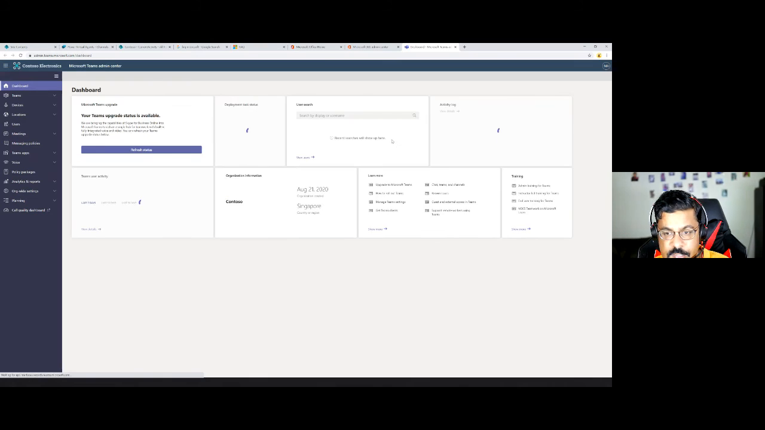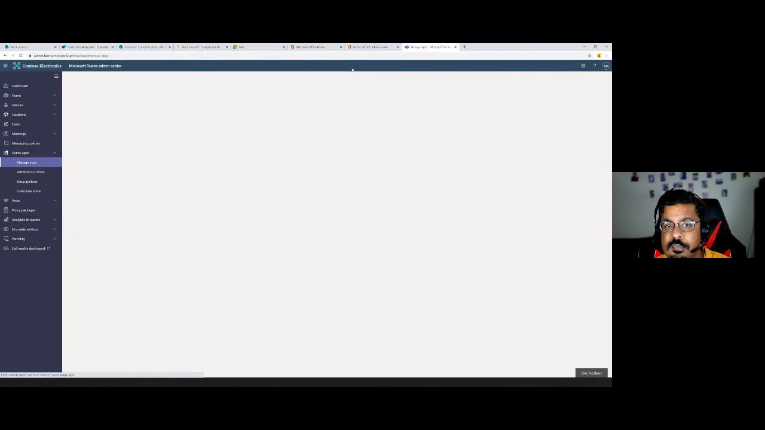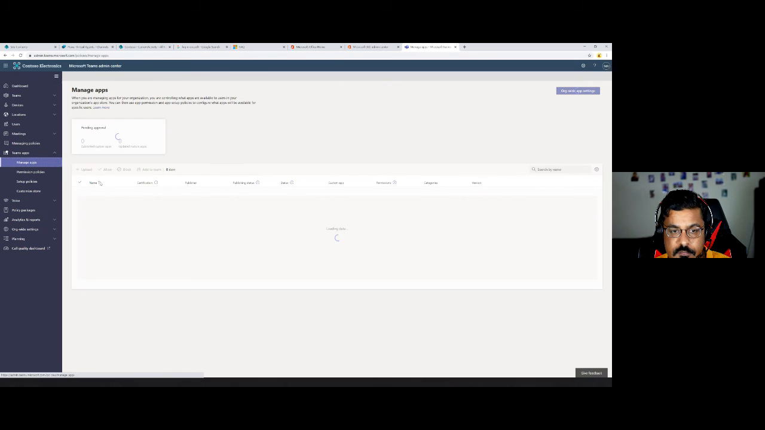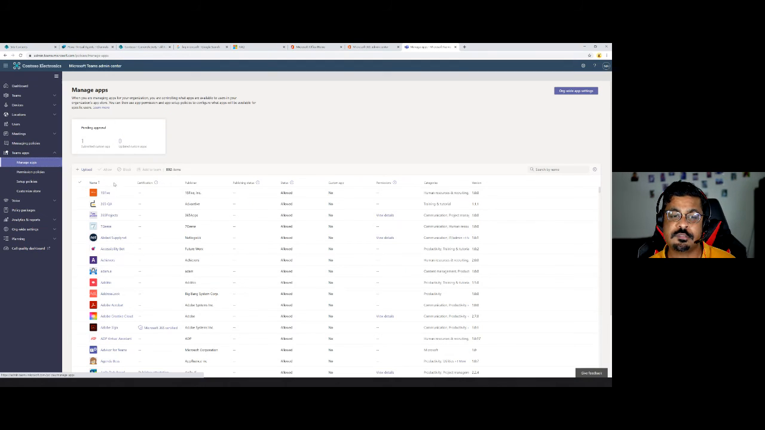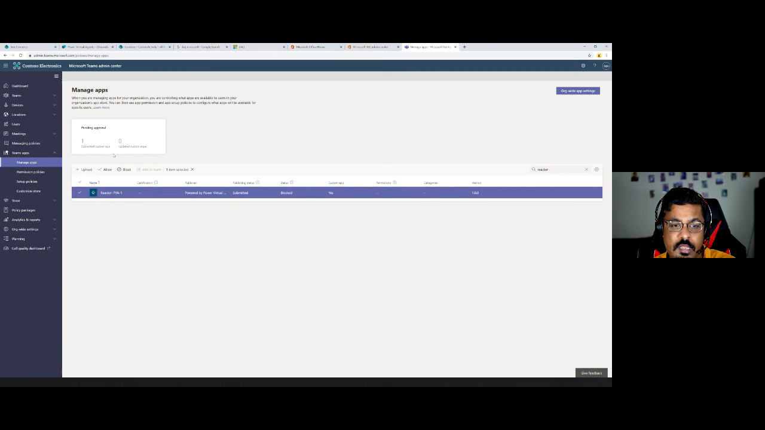Just bear with me. So Teams app, manage apps, and it would show me that there are some approvals. So one submitted custom app. I'll just select Reactor. Yes, this is the Reactor one, and then I would just say